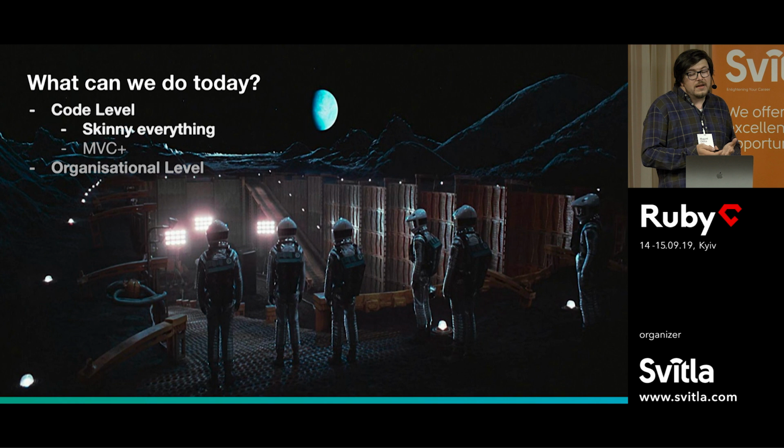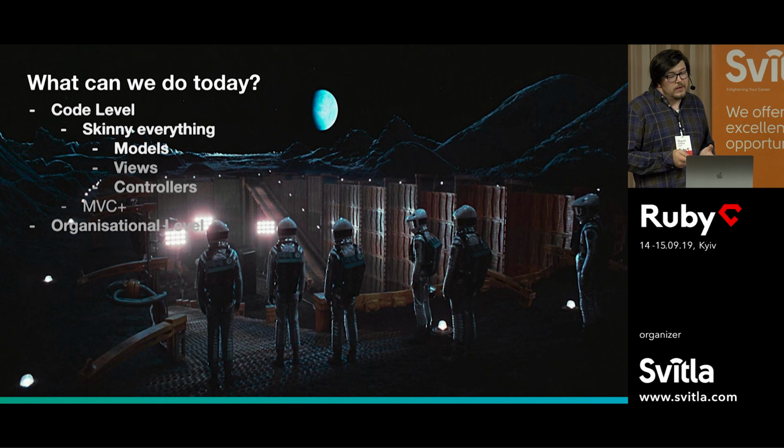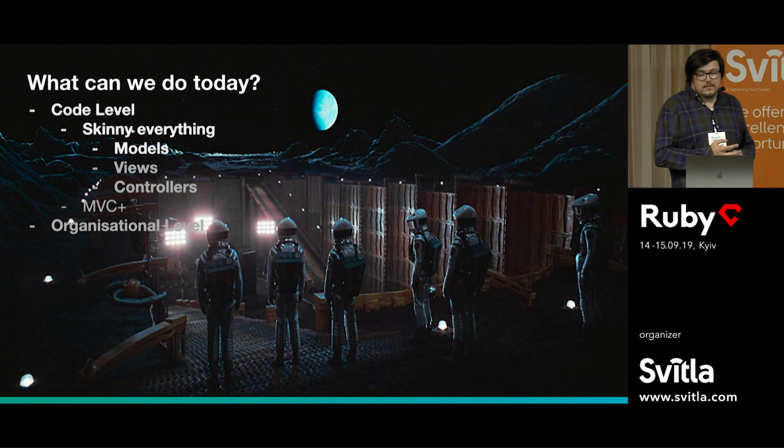So nowadays, the mantra is more in the line of skinny everything, because we want to have small and simple models, controllers, and views. Models represent data in your application. So the default Rails way to use them is to implement the active record pattern, which would mean using the active record gem or Mongoid. And the models themselves that use that pattern handle persistence,